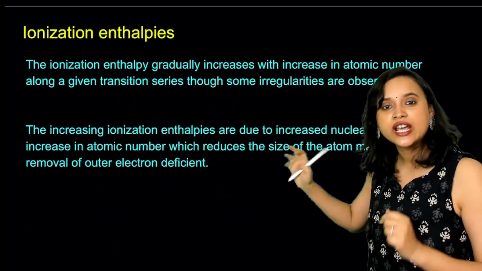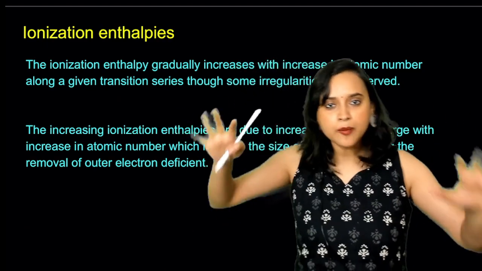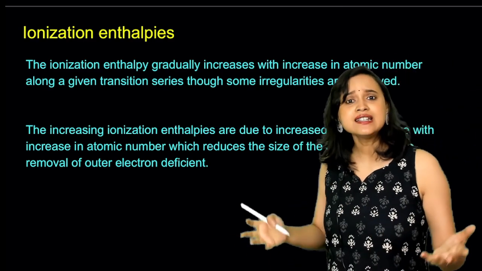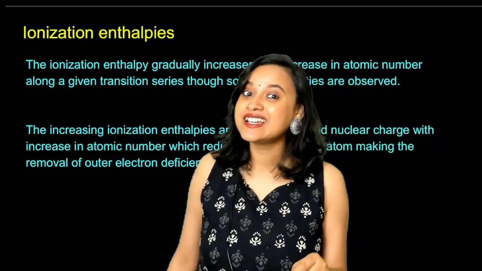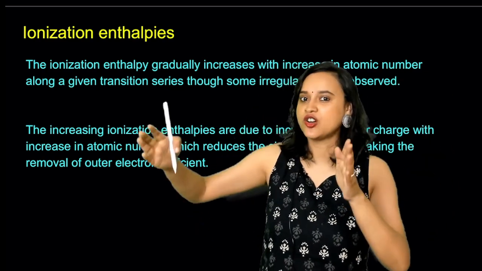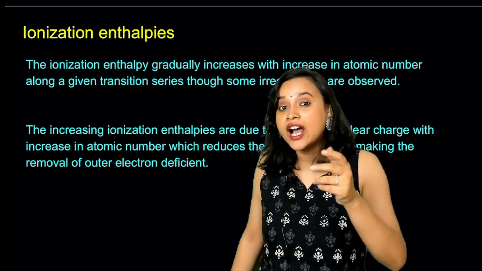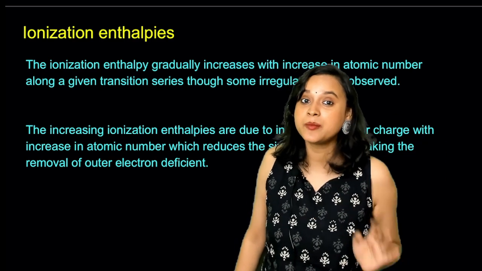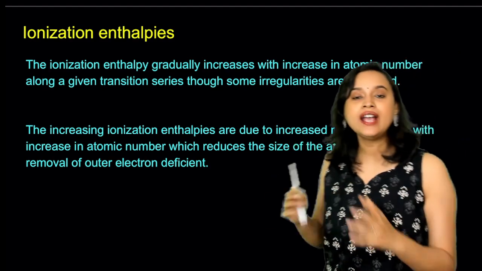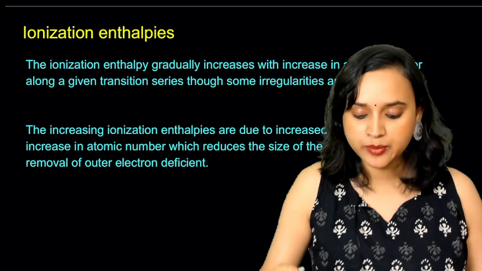However, in the case of the d block elements, you don't see a regular trend in ionization enthalpy. Very irregular trend you will see. Why so? Because we have seen that atomic radius was also not simply increasing or decreasing. Initially it was decreasing, then it remained constant, and then there was a quick jump. Does that make sense, that the ionization enthalpy will also change because it is slightly dependent on the atomic radius as well? Absolutely. So you get it why ionization enthalpy is an irregular trend. Do you understand, everybody?